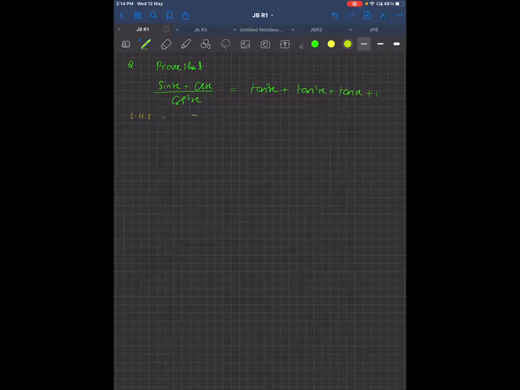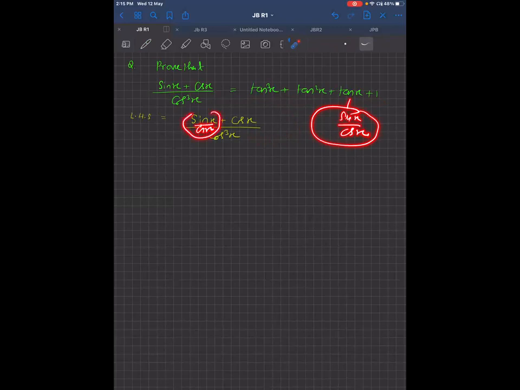Where LHS is equal to sin x plus cos x by cos cube x. Okay, good. So actually, we want this value in terms of tan only, and we know that tan x is sin x by cos x. So to convert in terms of tan, we need sin by cos. Here we have sin, and in division, we want cos x. Then only it will be tan. So take common cos x in the numerator.